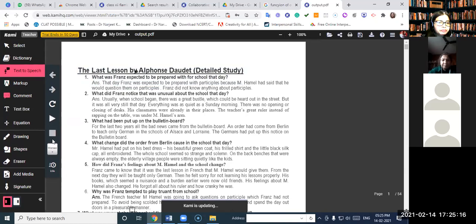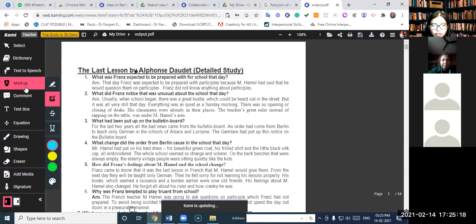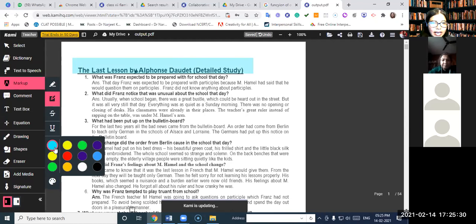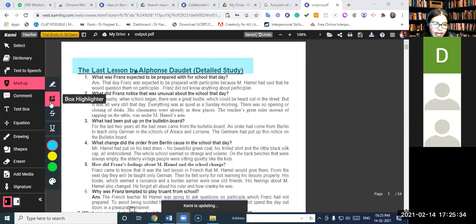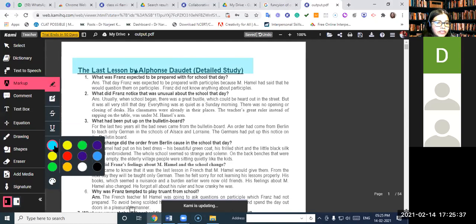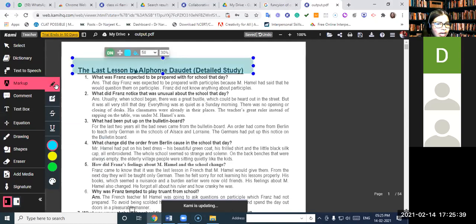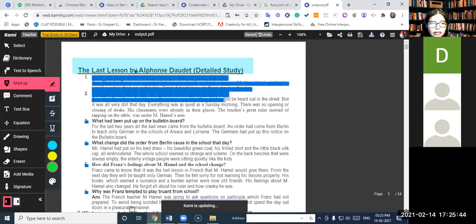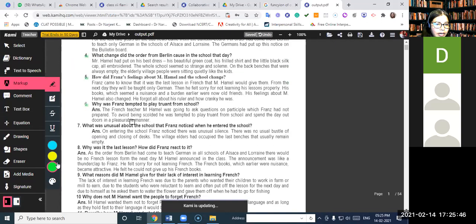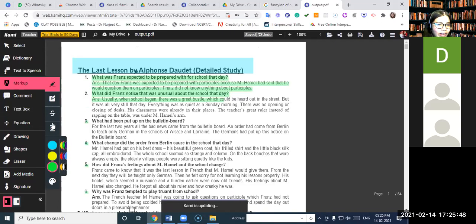Now I come to markup. Now what is markup? Markup, again, it's just a text highlighter. It works like text highlighter. I select this and it gets highlighted. Now it will get highlighted in the color that you have already selected, right? It will get highlighted in the color that you've selected. For example, you don't want blue color, you want green color to be selected, then you select green color and then do the selection. The green color is going to pop up for whatever you have selected.